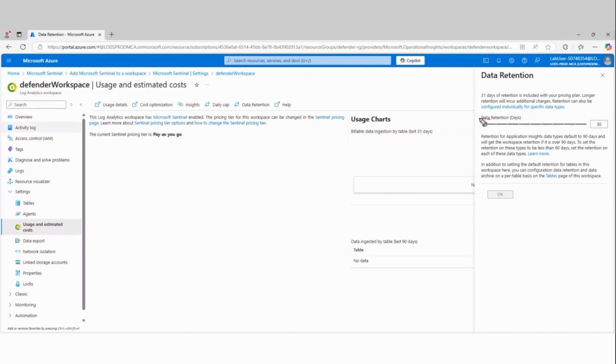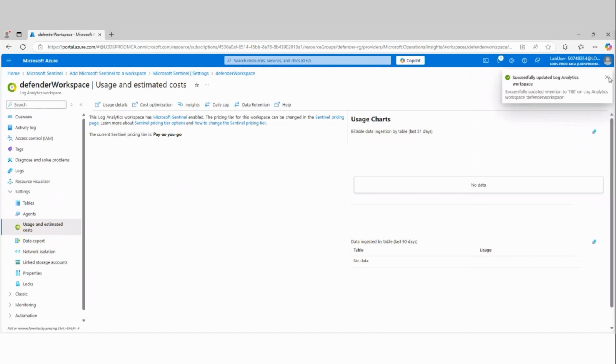Now, you can retain data anywhere from 90 days on up. The maximum you can do is 2 years, which is 730 days. This is for what we refer to as interactive retention, meaning live retention. After you've exceeded the retention period that you've defined, any old data can then potentially be archived, depending on how long we want to store the data. The default is 30. We're going to change our retention period to 180 days, 6 months.